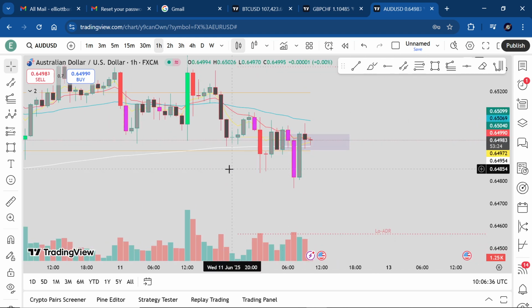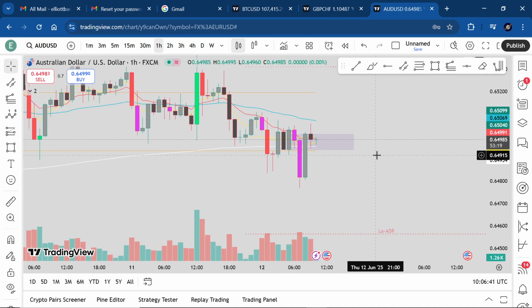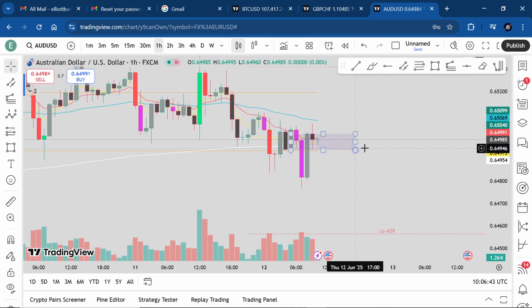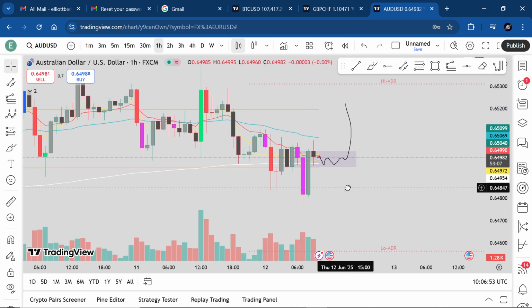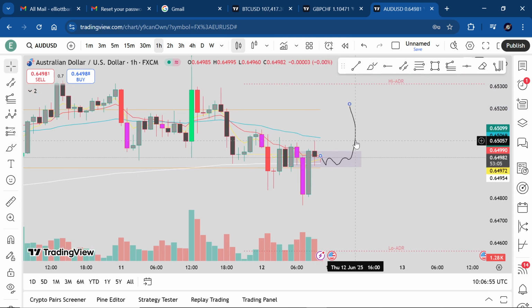Tweezer bottoms, grab the lows, bang, strong close, body above the 13 EMA. Right now, this purple box is where I expect, if we're going to take long, if we're not going to just go up, this is where I'd expect to see another W formation, continuation to the upside. Okay, so on AUDUSD, what one could do if they wanted to,